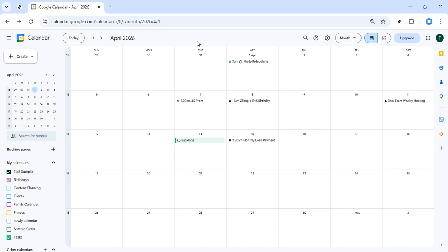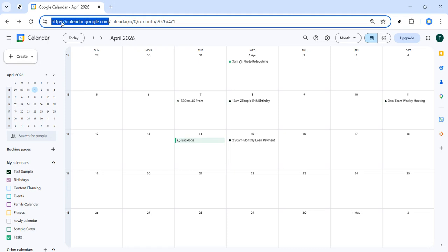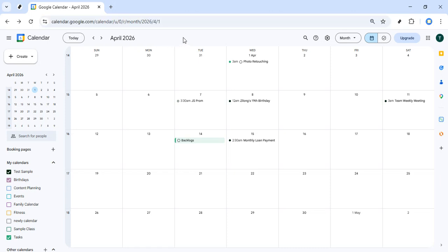First, open your web browser and go to calendar.google.com. Make sure you're signed into the Google account where you want the reminder to appear. If you have multiple accounts, double check the profile picture or initial in the top right corner to confirm you're in the right one. Once the page loads, you'll see your calendar laid out by day, week, or month, depending